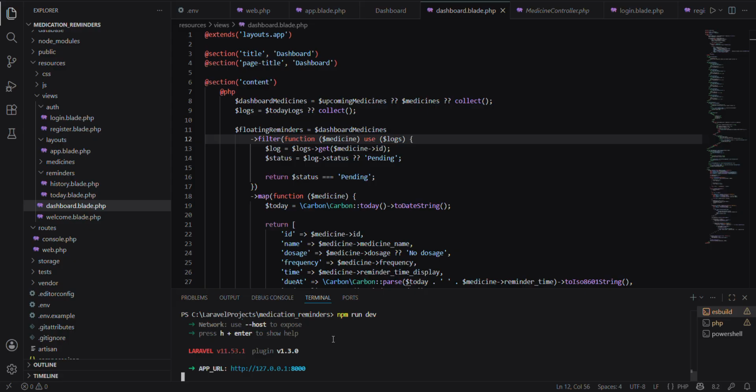To conclude, the medication reminder system using Laravel provides a simple and useful solution for managing medication and schedules. It allows users to register, add medicine, set reminders, mark medicine as taken or missed, and view medication history. This system meets the functional requirements, applies basic security measures, follows Laravel coding structure, and provides a user-friendly interface.